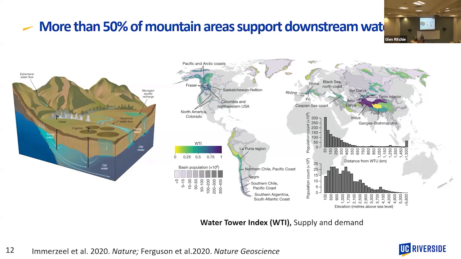And there was a paper published in 2020 in Nature outlining that about 50% of mountain areas support downstream water supply. However, in these types of investigations, people mostly use surface water runoff generated from mountainous environments, because in these regions we have a snowpack, so more water would be produced. What they ignore is that, besides surface water, mountains also have their own aquifer units, and they could serve as a major water supply in terms of groundwater recharge to the valley aquifers. So the second part of my talk will focus on understanding groundwater recharge processes in the mountainous environment.